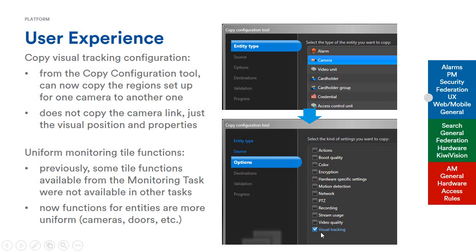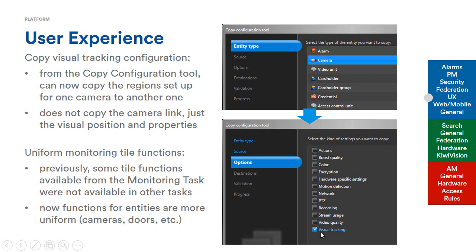configuration for that camera. So when we define areas and we give it a color and we give it a transparency, and then we link it to a particular camera, it's going to copy the boxes that we have set up and the colors and the transparency. It's not going to copy the links, however. So it's good for making a template. So let's say in your camera you want boxes on the top left, top right, bottom left, and bottom right, and that's going to be for every camera on your system, and it's going to go to different cameras from there to keep everything very circular and very accessible from within the visual tracking